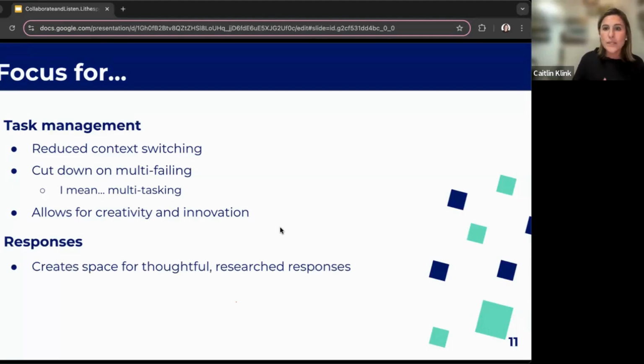So if we can move some of that pre-work and some of that collaboration ahead of the meeting or after the meeting to an asynchronous space, we have the ability to not just guess and speak off the cuff or speak from a completely impassioned place, but rather from an informed and well-researched and thoughtful place. So our responses inherently become a little bit more thoughtful, a little bit more well-researched.